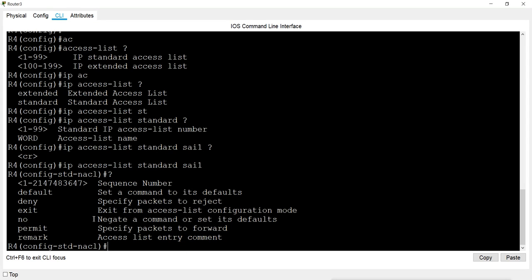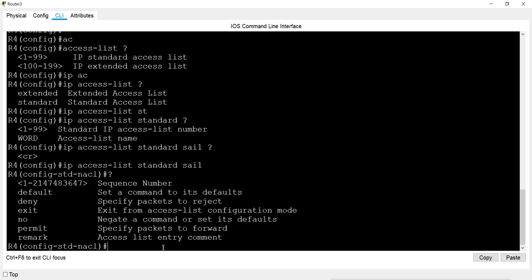Now remember, when we created the standard list or extended list, the sequence was important. We have to make sure the sequence is right. Otherwise, it will not work properly. The sequence is important because we can have hundreds of entries in a single list, so those entries must be in the proper sequence. Otherwise, it will not work as we think it works. So basically, I will give deny entries first, then I will give permit entries. But sometimes it will also not work properly if we try to change the sequence.